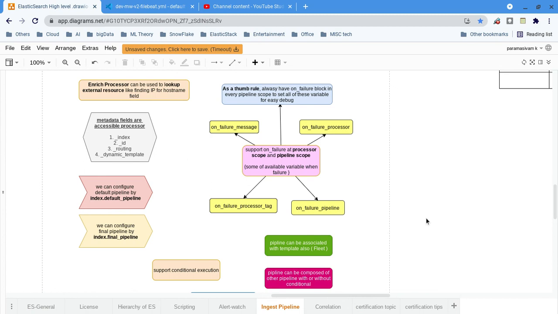In this video we will see the technical configurations, what is technically possible, and what different configurations are available. What is the capability of an ingest pipeline? What are the meta variables it can access? Similar steps, and of course, how to debug. These are the things we will discuss in this video.